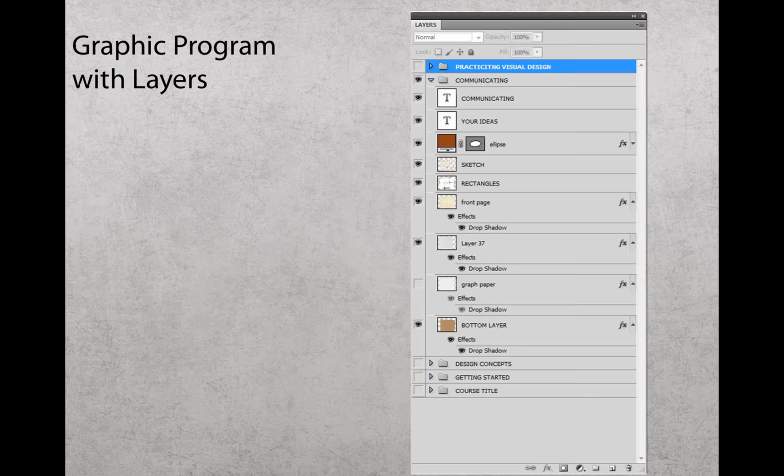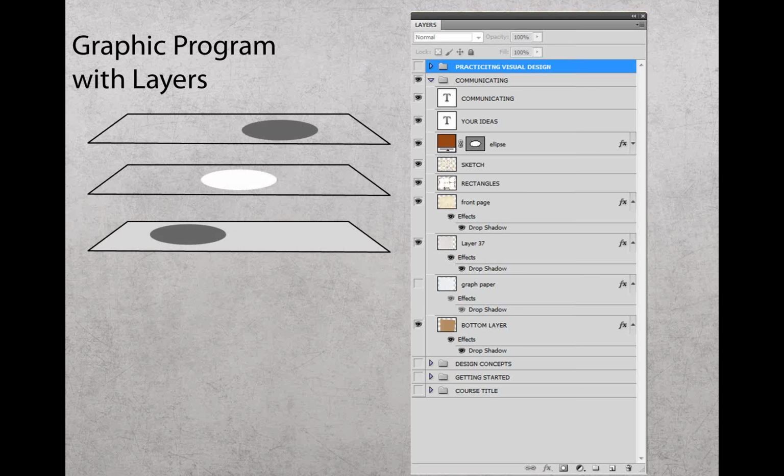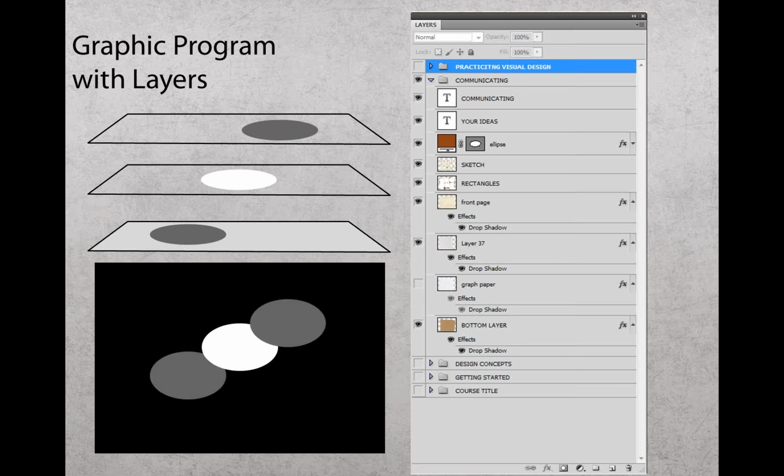The other thing you're going to need is a graphic program with layers, and this is an example of Photoshop, but there are other graphic programs that use the layer paradigm, and in the layer paradigm, whatever is at the top overlays what is at the bottom. So a model is what I'm showing on the left. Each one of those circles is on a layer, and your finished graphic is going to look like this. If that explains it, that's the best I could do to try to explain what the layer paradigm is.